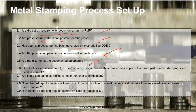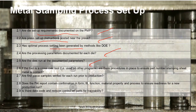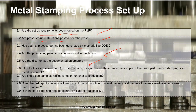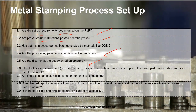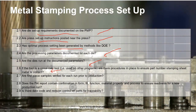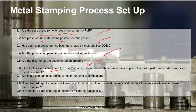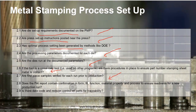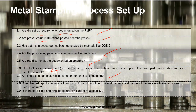And if the tooling is a crossover tool that is used in other programs, we want to make sure that there is a procedure in place to ensure that the part number of the stamping sheet metal is correct, to ensure that there's no mix-up, because the stamping process is in very big batches. The most important thing, after verifying all these items on the machine and die, we will need to look at